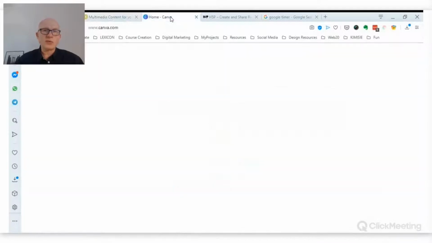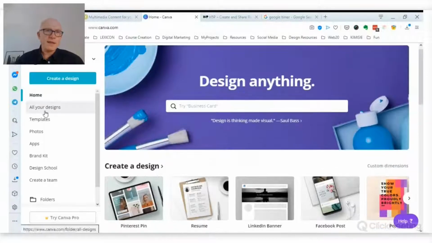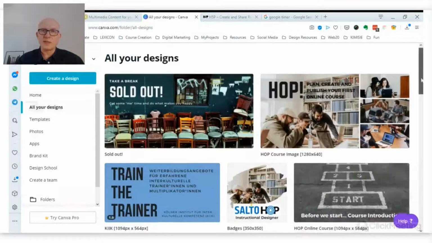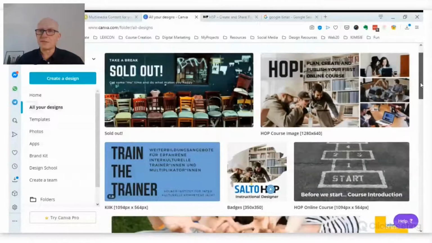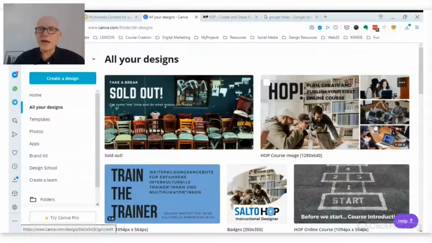And if you log into Canva, it's looking like this. So I have here all my different designs. So here's, for example, my course image, and I have also written behind in the brackets, let's say, the requested formats or pixels. So when you start,